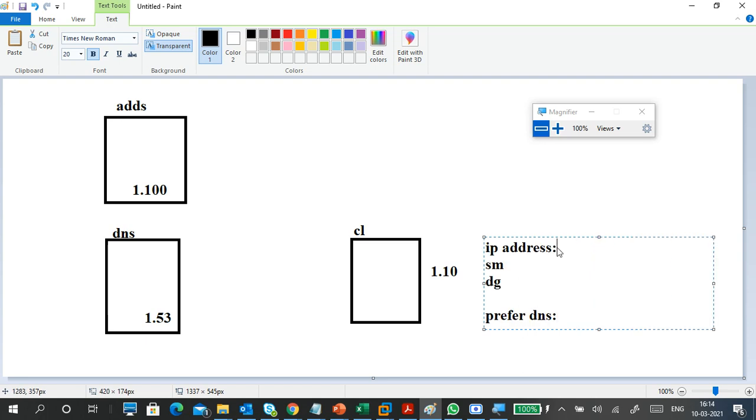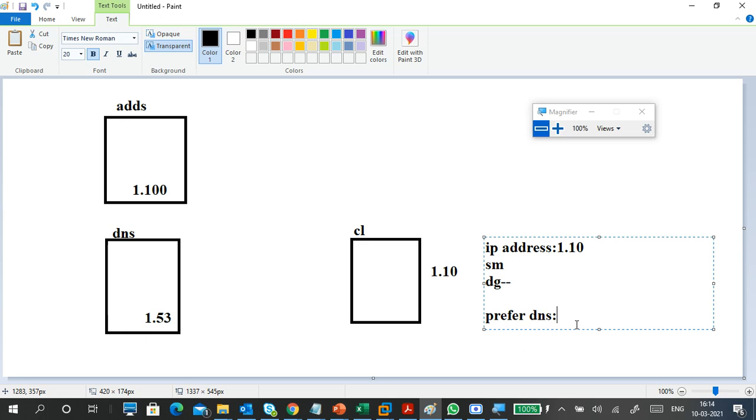Here I have given 1.10 already, just for example, I'm not typing entirely. The subnet mask is already there. Default gateway I'm not giving anything, but I have to give preferred DNS, otherwise I can't communicate with the server. So what IP should I give? Anybody? I should give preferred DNS, meaning the DNS server IP address.